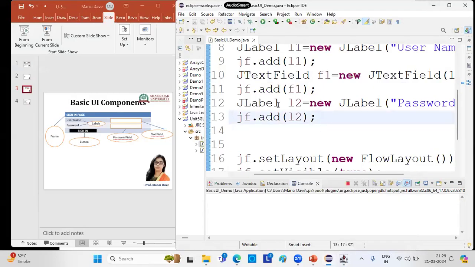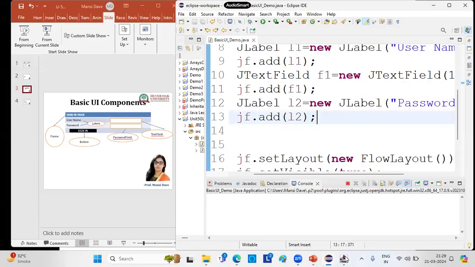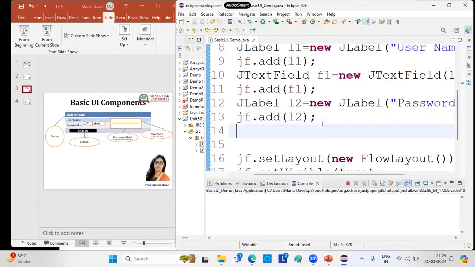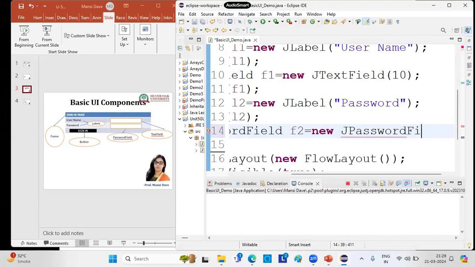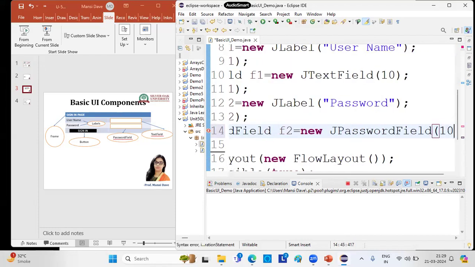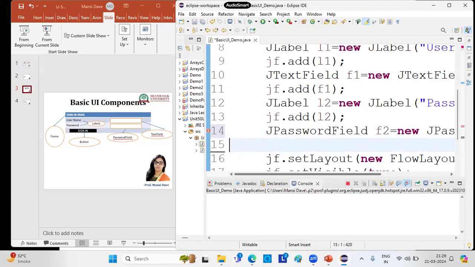Now suppose I want to see, this is the text box. If you write something, it will display the characters. Now you all know the difference between the text box and password field. The text box prints the characters, and in the password field, whenever you are entering characters, it will display them in dot form. So JPasswordField f2 is equal to new JPasswordField, because I want to enter the password inside in dot format. I'm giving 10, the length is 10,